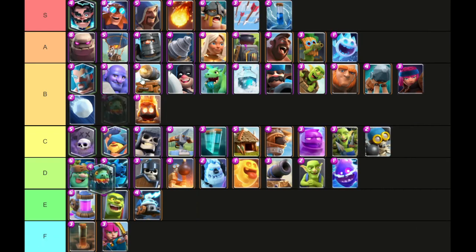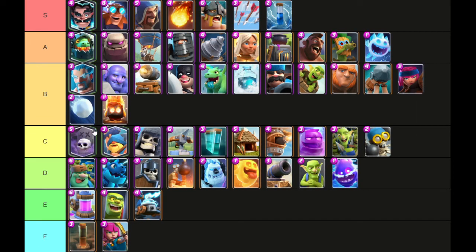Infernal Dragon is A tier. Infernal Dragon, in my opinion, is the best of the 3 dragons. It's basically your tank, it's the tank killer, unless it's against an Electro Giant. Although it can still beat Electro Giant, if you play it just right, it can stay out of the zap range of the Electro Giant and actually kill it. Gets destroyed by things that stun, like Electro Wizard and Zappies and Electro Dragon and stuff, but